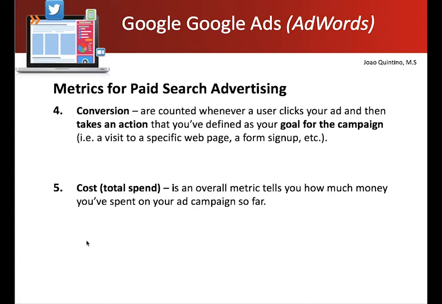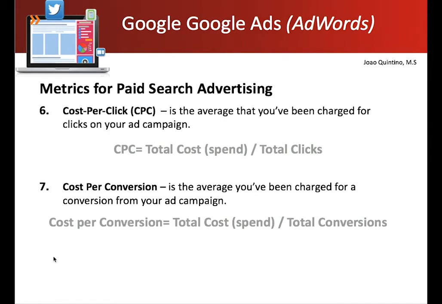Cost, or total spend, is the overall cost of your campaign. It's how much money you have spent on that campaign over a period of time. Another important metric is cost per click. This is the average that you're going to be charged per click. And the way you calculate this, you take the total cost of your campaign and divide by the total number